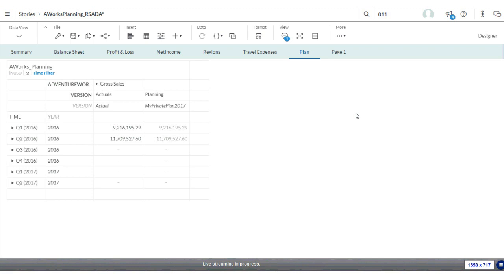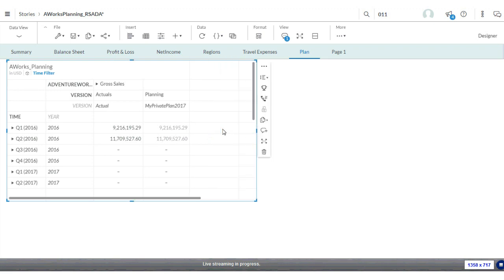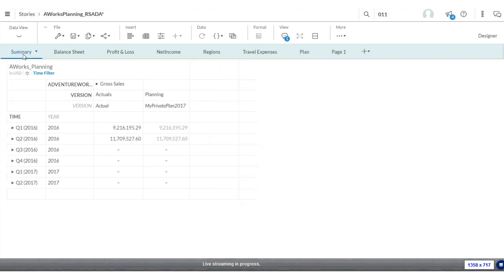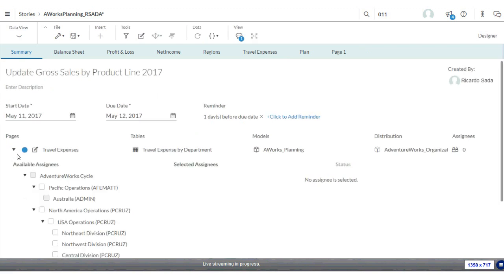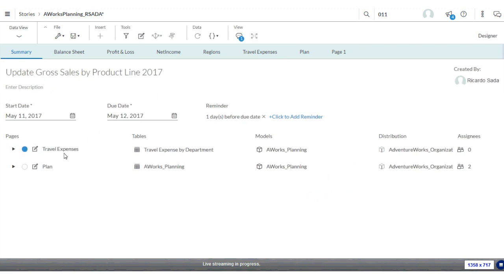This is my input form. I can see my actual, and this is my private plan. This is an editable, kind of like an editable budget, all right? So once I've set this, the only thing I have to do is to set up a task for them. So what I do is